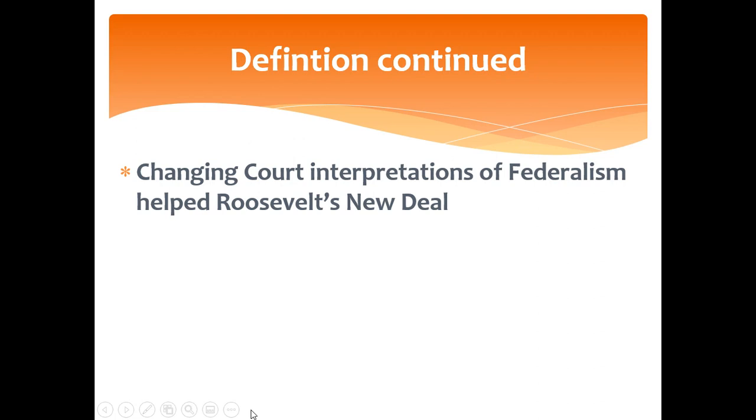Let me try and give a visual to help explain the difference between dual federalism and cooperative federalism. Traditional federalism, also known as dual layer or dual federalism. If I have any bakers in my class, what is a layer cake? A layer cake is a cake that consists of many layers. Each layer is its own distinct